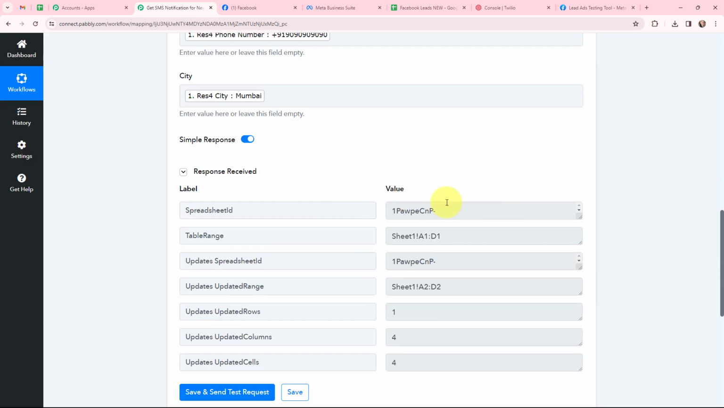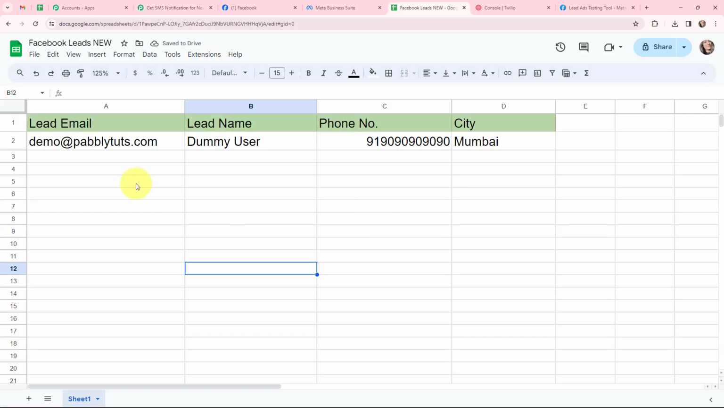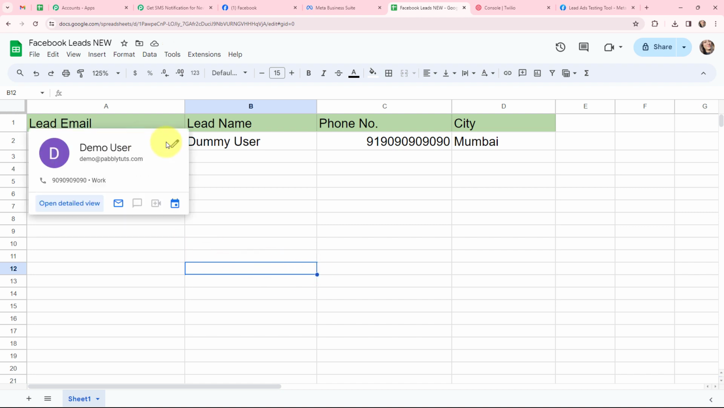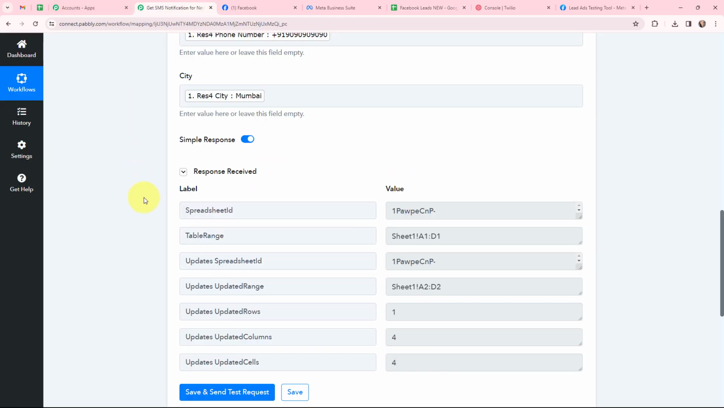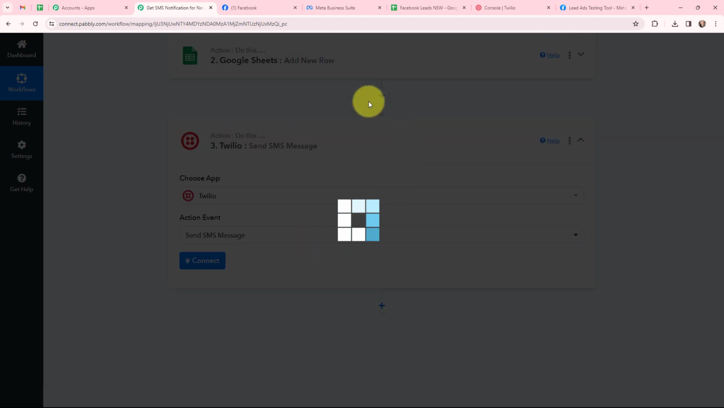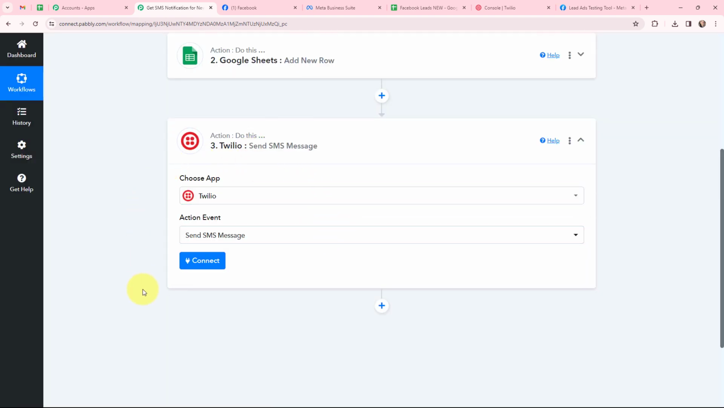And here you can see that I have received a response and this here is a positive one. So here in this Google Sheet, in a new row, the Facebook lead details is successfully added. Here's the lead email, lead name, phone number and the city. So as I've added the details successfully in this Google Sheet, now I want to get a SMS notification for the same. So here to get the SMS, I'm going to use Twilio and here I need to click on